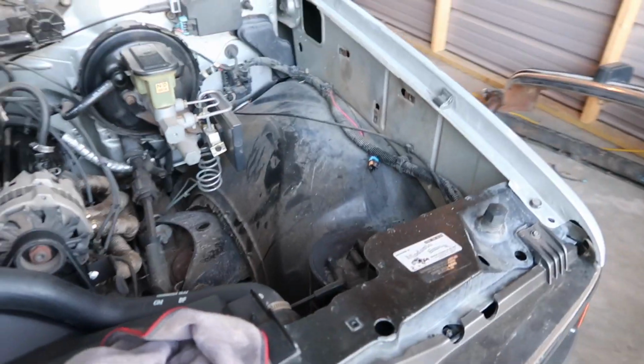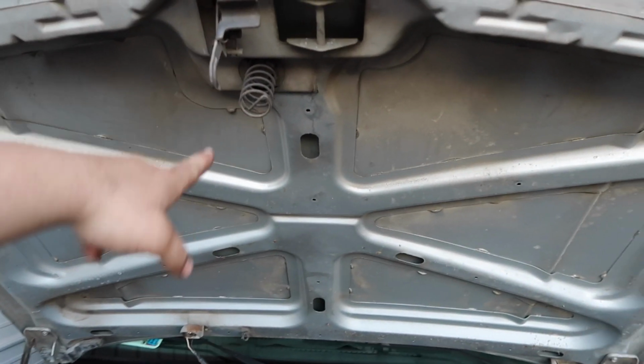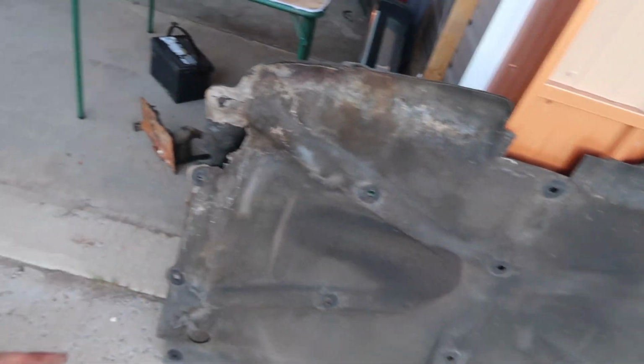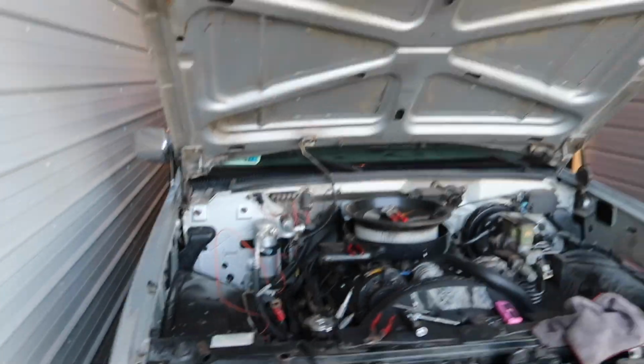Yeah, I forgot to film the intro, and I already filmed a little time lapse of me taking this off, so I'll throw that up, and I'll probably do a couple more time lapses. I'm going to work on it today and tomorrow, but I just want to get the engine bay looking really neat because